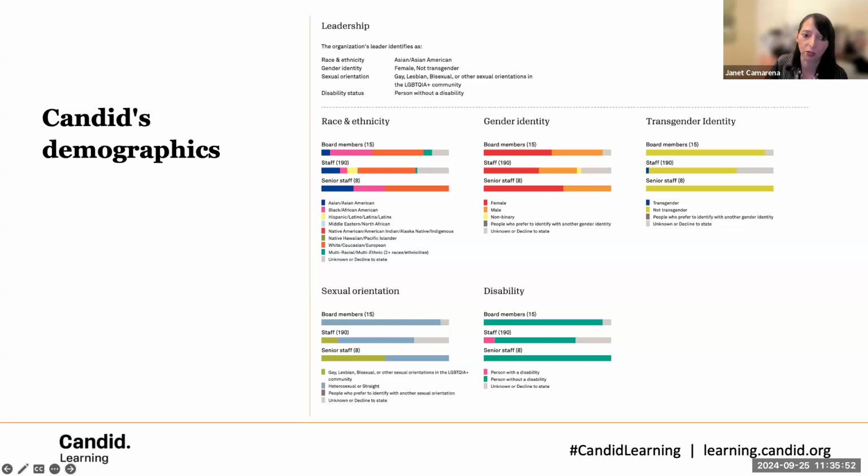Next slide, please. And in case you're wondering, this slide shows an example of Candid staff and board demographics data in the framework that we use, which tracks a variety of demographic categories. We collect race and ethnicity data, but also gender identity, transgender status, sexual orientation, and disability status. Except for the demographics of the leader, all of the staff demographics are shared in aggregate form, so they're not identifiable. And we provide survey templates so you can survey your staff and board. And again, because we realize that not all staff will feel comfortable responding to certain questions, the survey language does provide opt-out options and makes clear that it is voluntarily provided. Next slide, please.